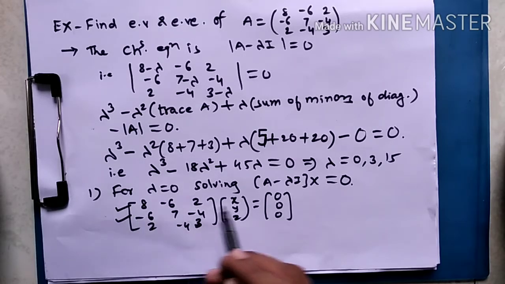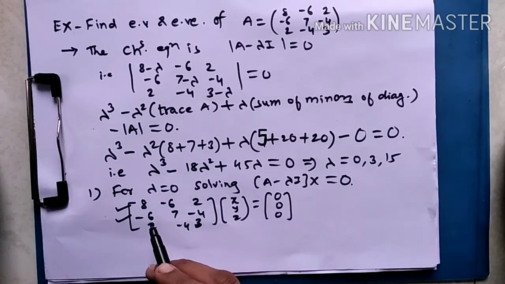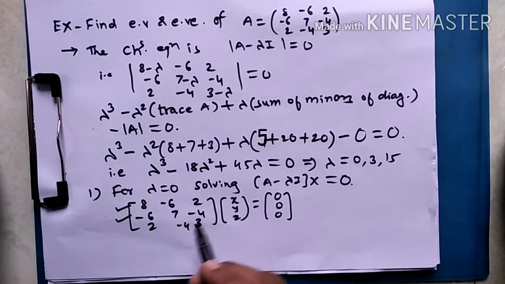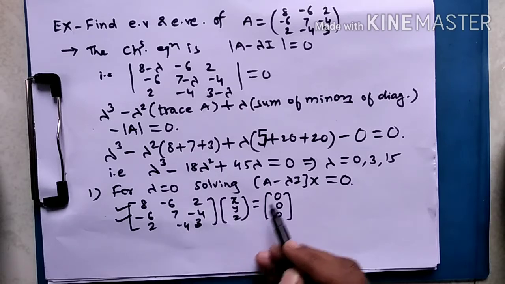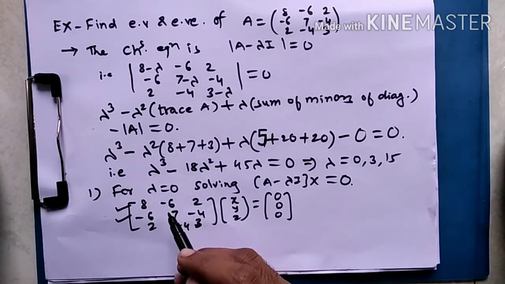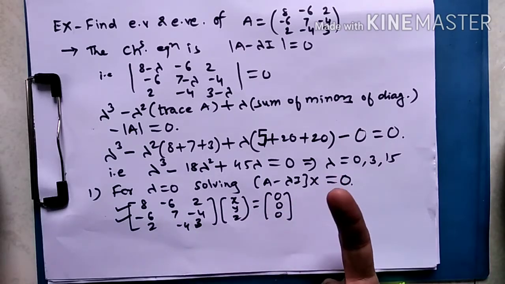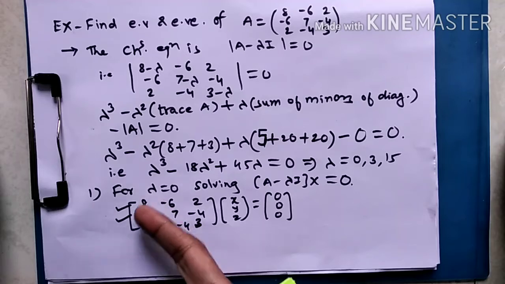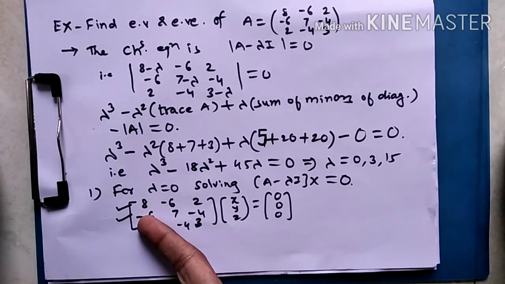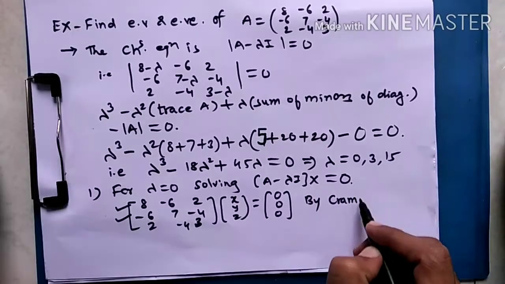Say the first equation will be 8x minus 6y plus 2z equals 0. And similarly, the second equation will be minus 6x plus 7y minus 4z equals 0. You can go for any 2 equations, first, second, second, third, or first, third. You will get the similar answer. The only thing is that if you are getting the answer 0, we want a non-zero solution, so you have to consider different rows here. So just see the way of writing for Cramer's rule here.